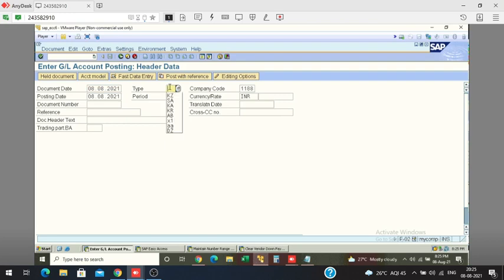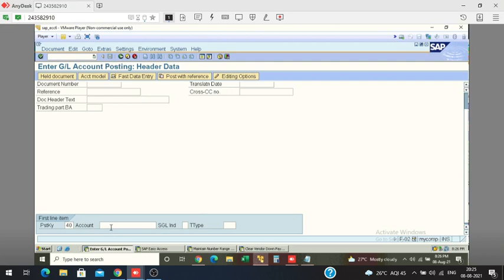Anybody disconnected? Now I'm putting here 21. Okay, 21 is debit of vendor 1105.